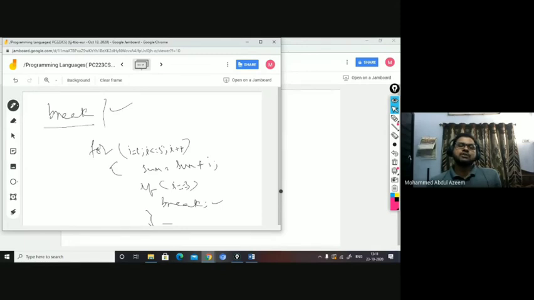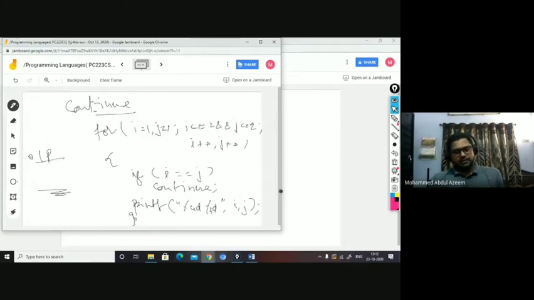After I is accumulated with 3 and the condition is tested with I equal to 3, break means you don't go for further iteration. Actually, as per the for expression, it has to be executed 5 times, for 1, 2, 3, 4, 5. But upon this condition you are breaking, so further iterations are not executed. So wherever you want to break, you can simply have a break statement. It's an unconditional statement. It just breaks without taking anything into consideration. It takes the control out of the particular block whenever it is encountered.